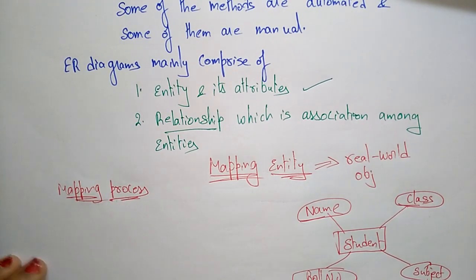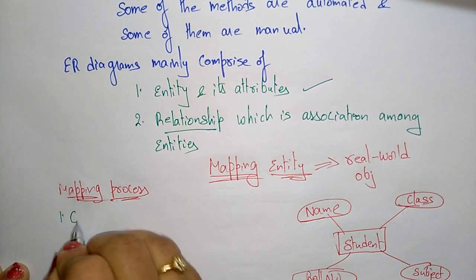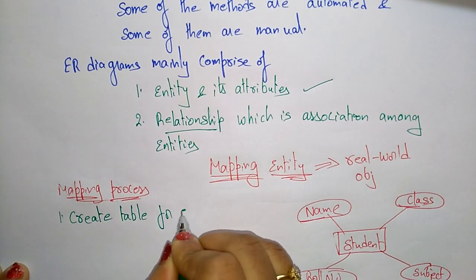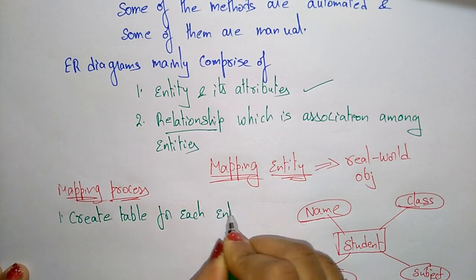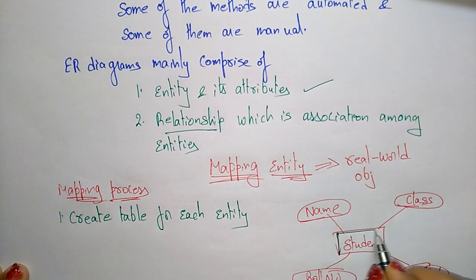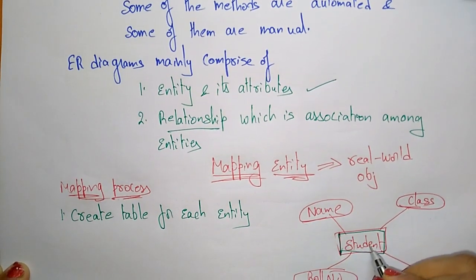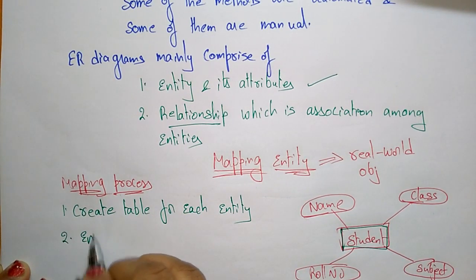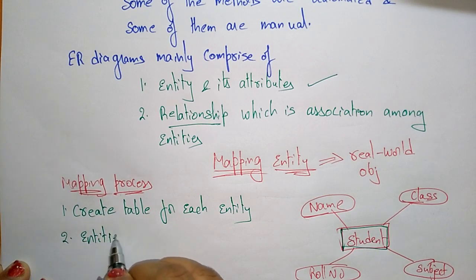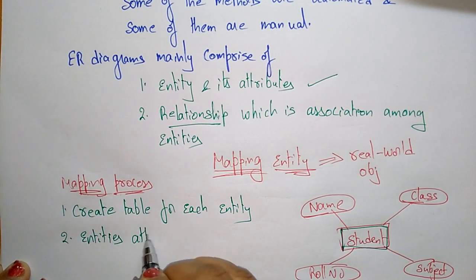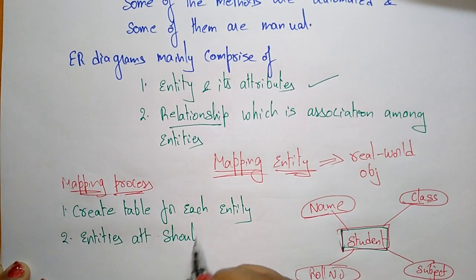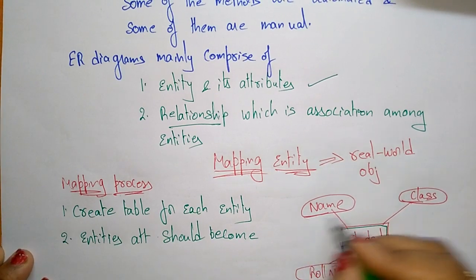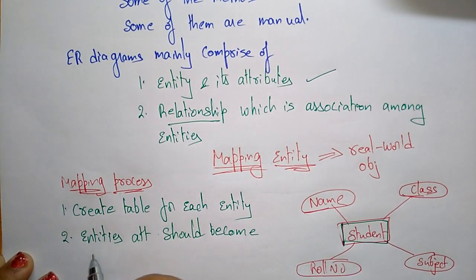How can we process? First, you have to create a table for each entity. So whatever entity you have taken, student is the entity. For this entity you have to first create a table. After that, the entity's attributes should become